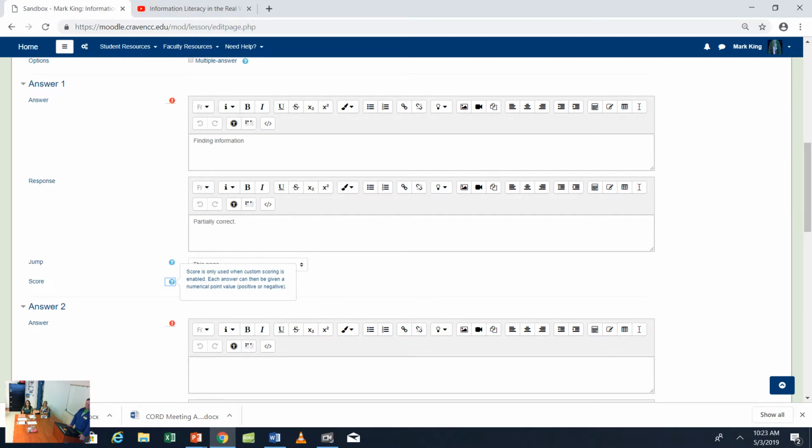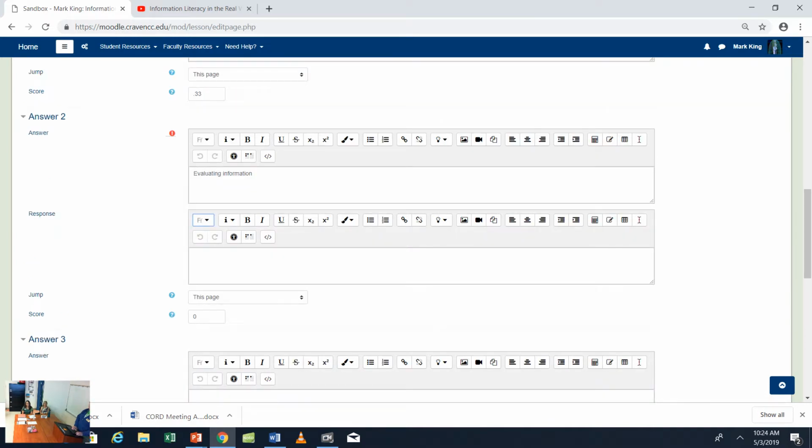If I have 3 answers that are correct out of 4, or if there's an all of the above answer, I could do something like 0.33. So if they don't get all of them correct or answer all of the above for whatever reason, they could at least get partial credit.